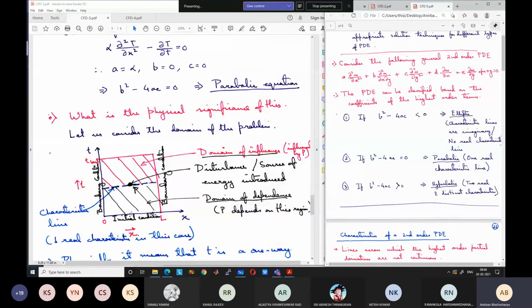So P is the midpoint. P need not be the midpoint, it can be any point. So at any point of the rod. We know that we give the boundary conditions at x equal to 0 and x equal to L, and the boundary condition is valid for all time. So this line represents the boundary condition at x equal to 0. This line represents the boundary condition at x equal to L.